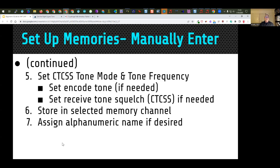Now, often there is a second, sometimes you step through these functions, encode, decode. Be careful about the decode. That's actually what CTCSS refers to, the decode. And that means your radio won't hear a signal on that given frequency unless that signal is transmitting the tone. Well, in a few cases where repeaters are close enough together and you want to make sure it doesn't trigger on somebody else's repeater, you can do that. However,